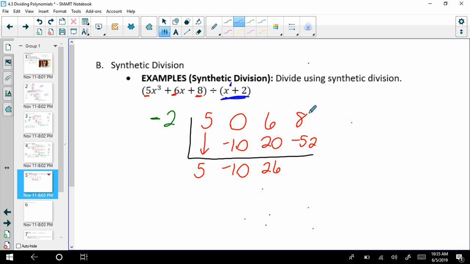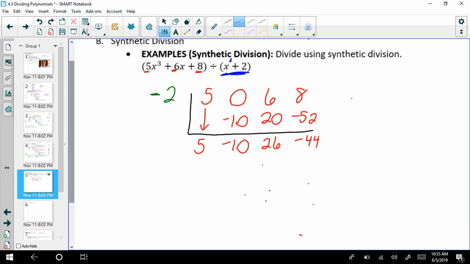And now we're going to add them, 8 plus -52, -44. Guess what? We're done. This has been divided. So what we are actually going to do next is write this as a polynomial, and we'll have our answer. So to write this as a polynomial, notice the highest exponent was cubed, and we've divided